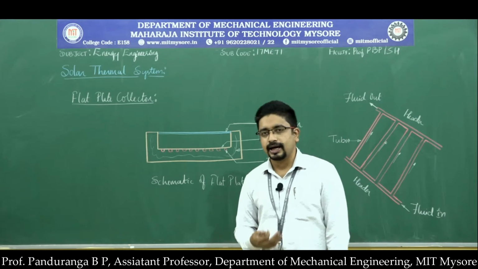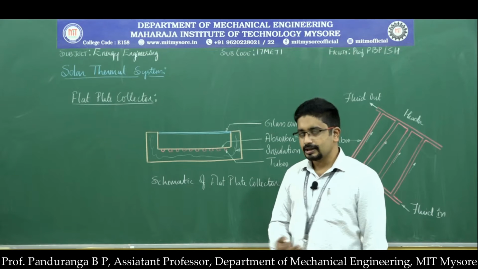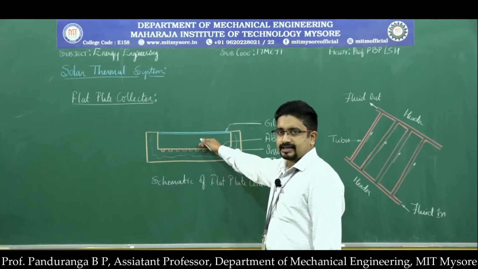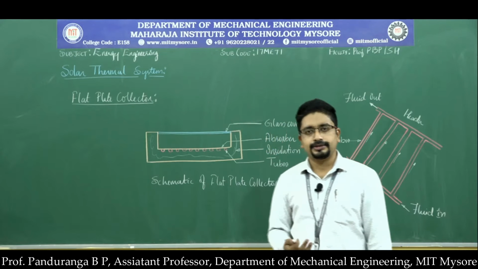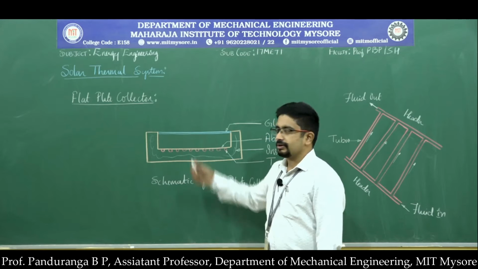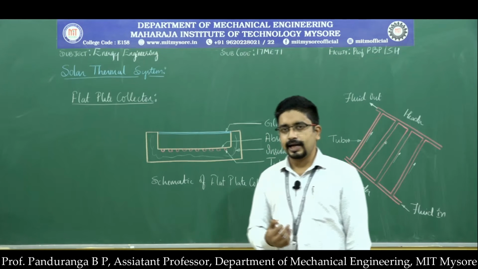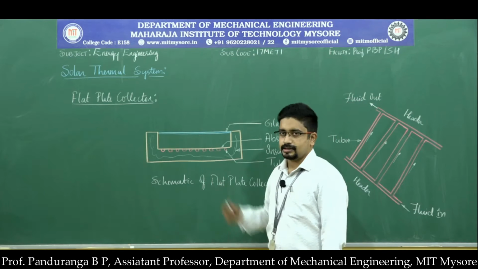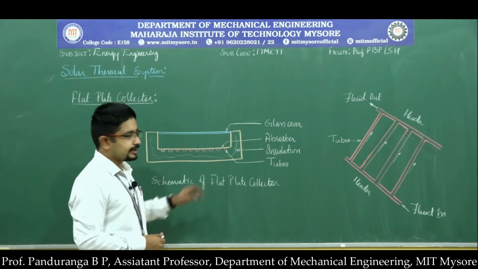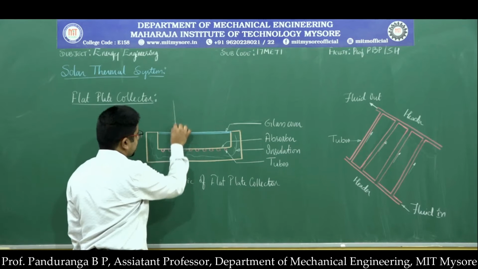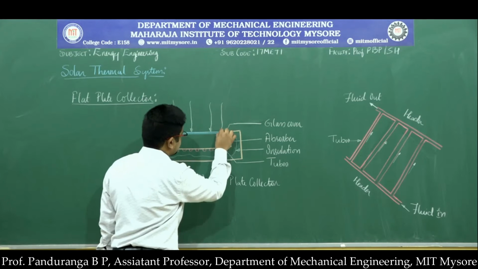Since we are dealing with a slightly higher temperature than usual, we go for glass plates. We can go for plastic plates also, but when the temperature increases during the summer, the plates will not be able to withstand that heat. So we go for glass. One advantage is that it has structural rigidity, and the other major advantage of using glass as the cover is that the glass acts as a transparent material for the sun rays which are falling on it.